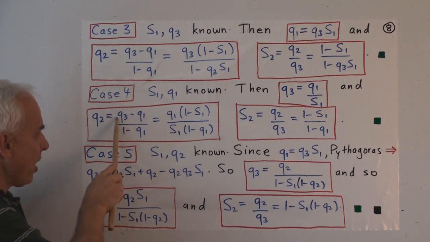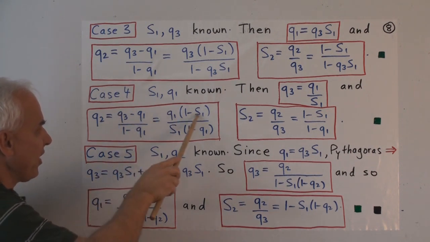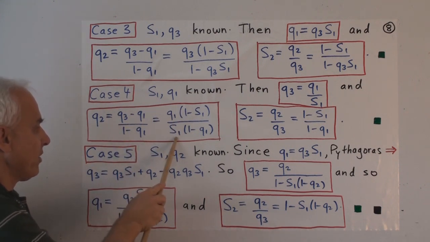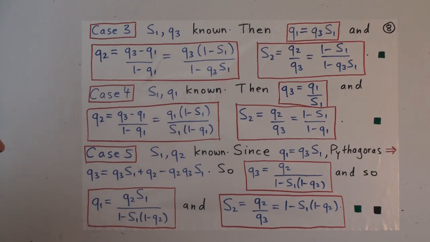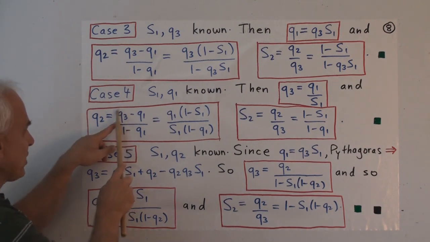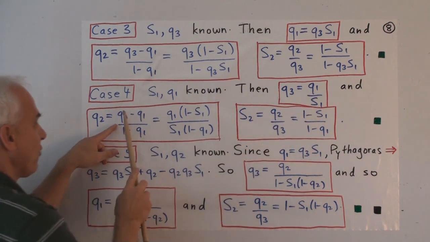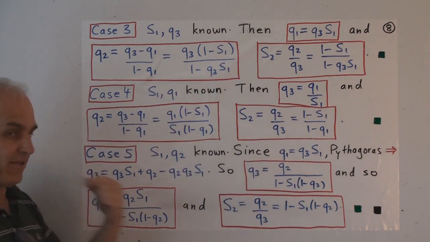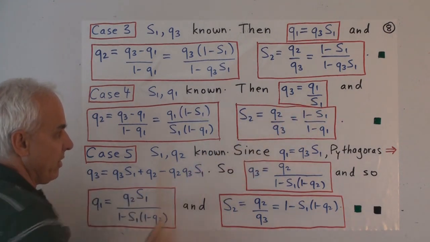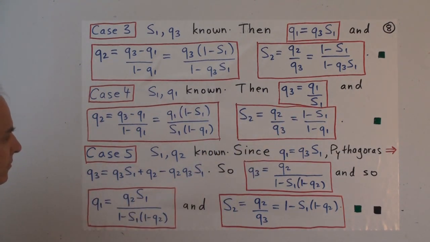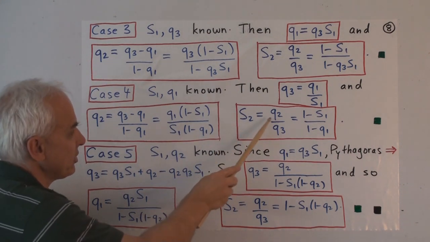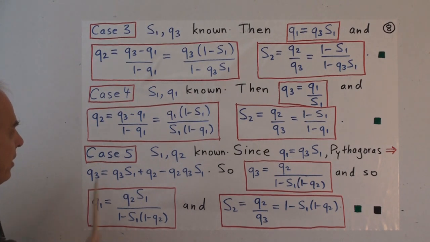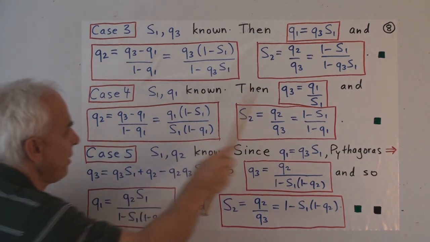It will be Q1 minus Q1 times S1. And then when we multiply this by S1, we just get an S1 multiplying. Right, so that's two steps. First step is to replace Q3 with Q1 over S1. And the second step, simplified by multiplying top and bottom by S1 to get rid of that denominator there. And then finally, S2, which is Q2 over Q3, is the ratio between this quantity and this quantity.